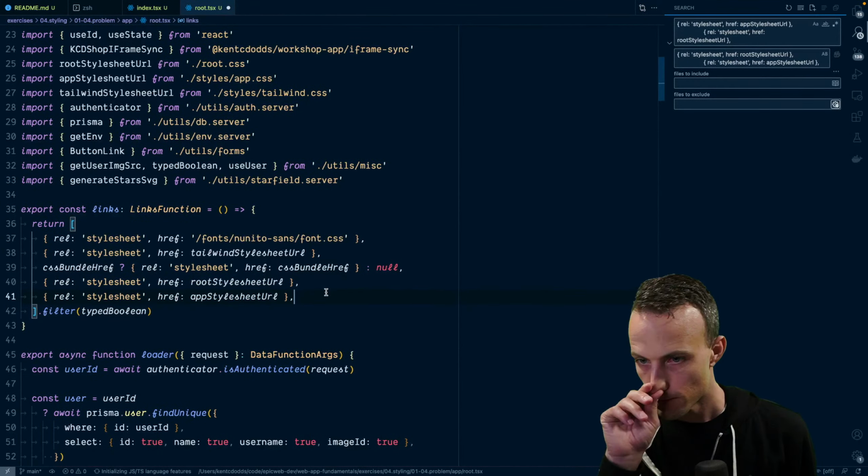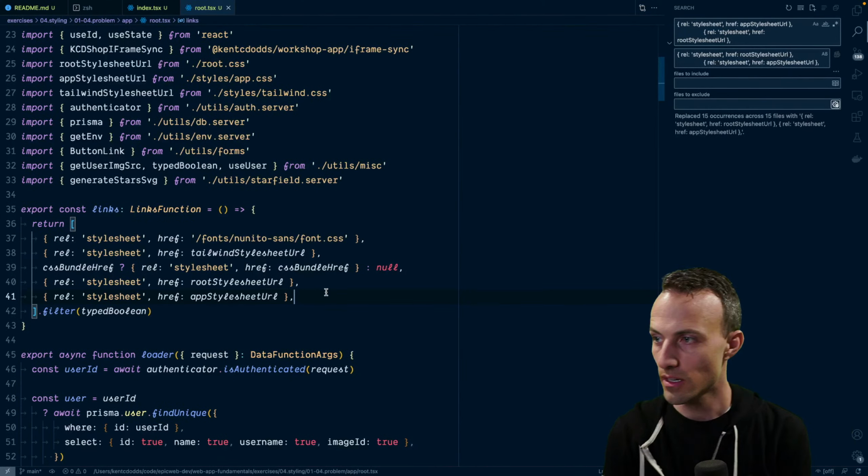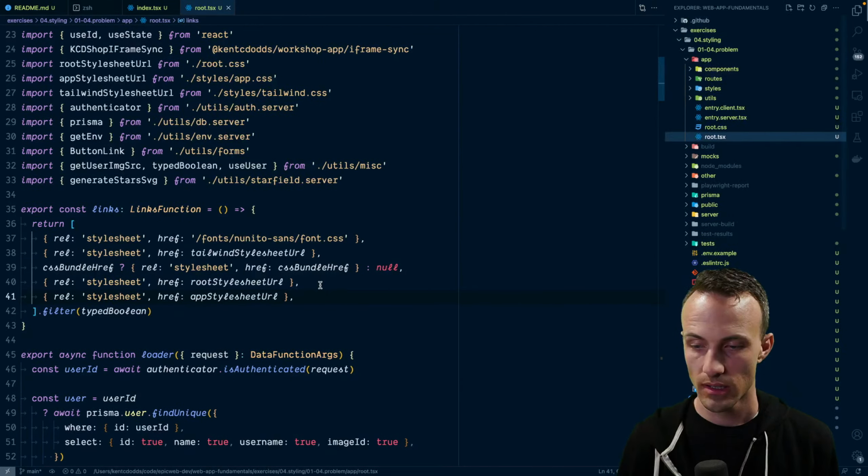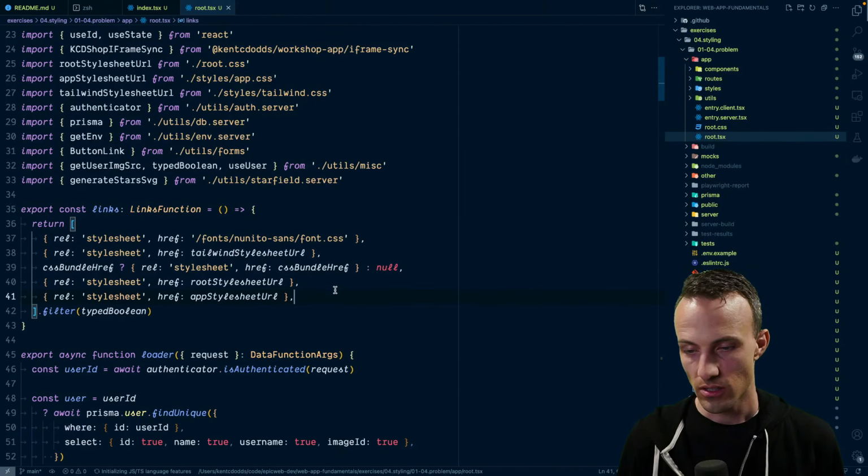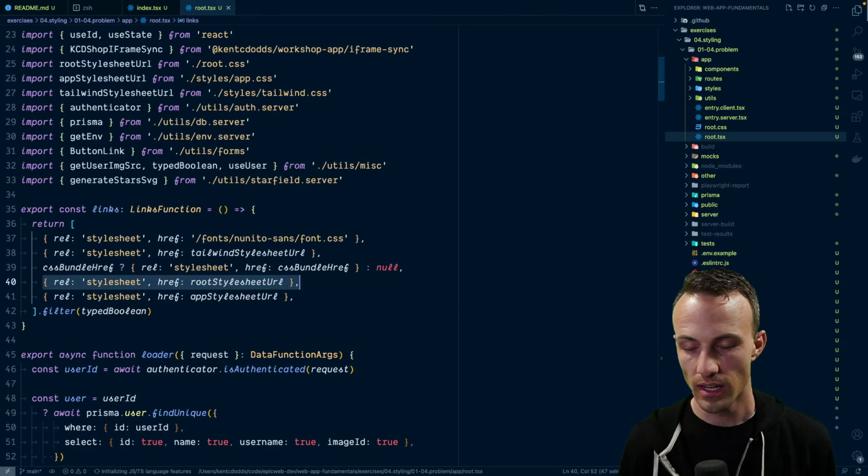Okay, cool. So yeah, the first exercise, or the first step, we'll bring these on. The next step, we'll do the CSS bundle href.